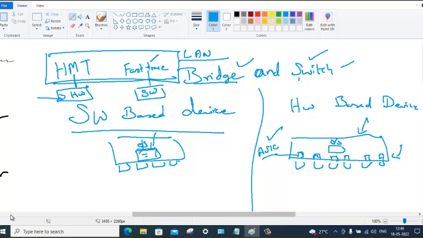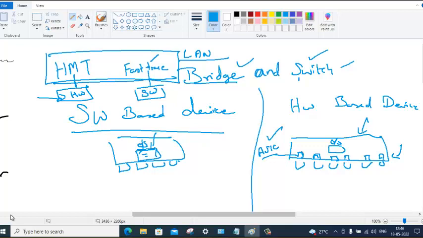So if someone asks you this question, what is the difference between bridge and a switch? Your answer needs to be, bridge is a software based device, switch is a hardware based device. Mostly he will say okay, and go to the next question because he doesn't know the real meaning of it. But sometimes if he is curious to learn from you, he will ask what you really mean by software based device, hardware based device.